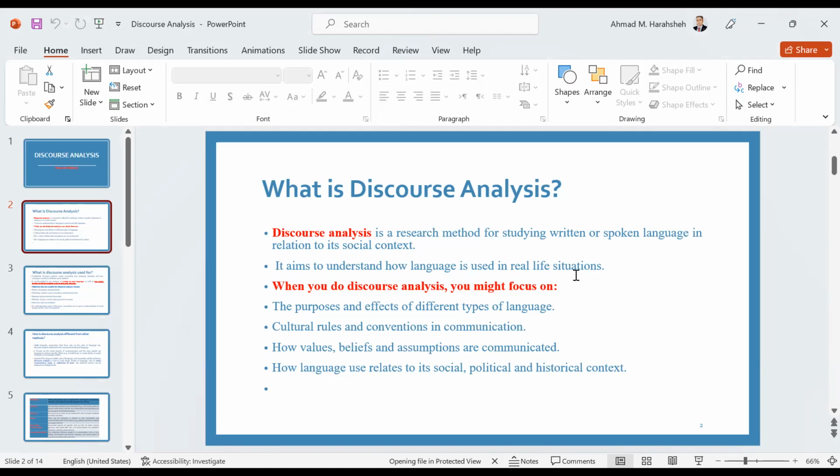So yeah, this is the purpose of discourse analysis. On a daily basis, we use language for different purposes. We use language, for example, to make a complaint, to thank someone, to acknowledge someone, to criticize someone. It depends. The type of language that we use in every social setting will be different according to